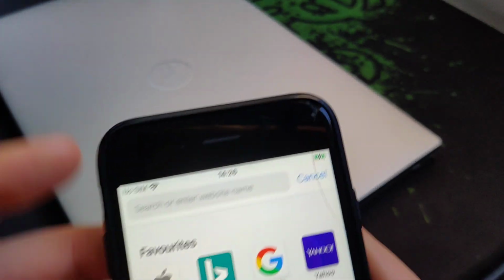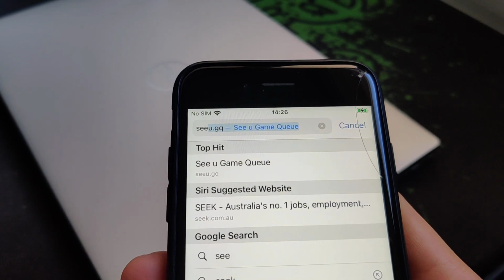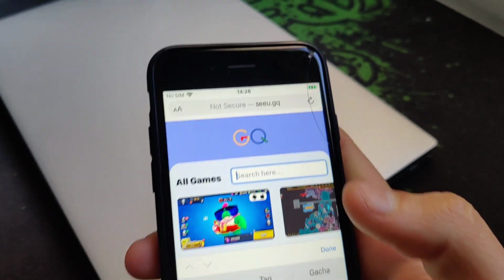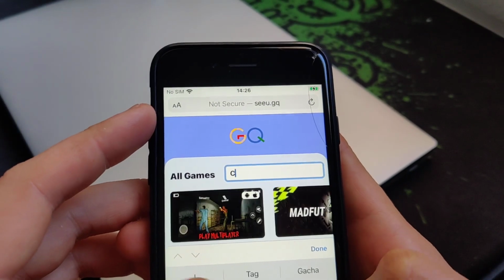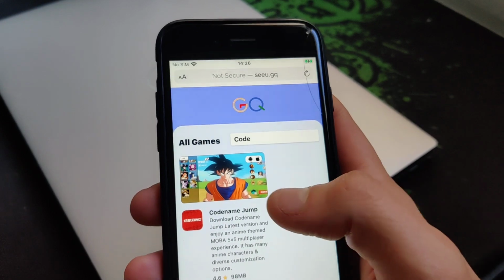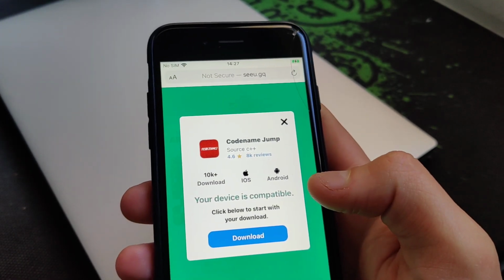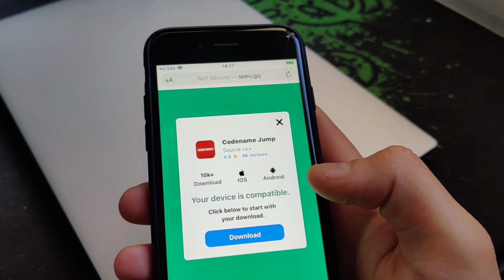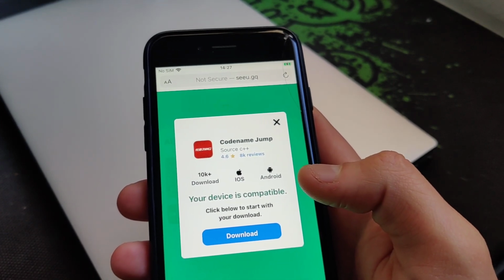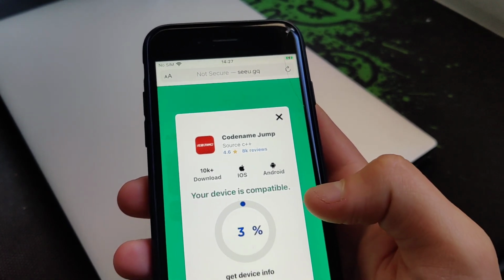So first of all, guys, what we need to do is go to this website called cu.gq. Here you can find a lot of different games and apps, and here you can search for Codename Jump, but you can also search for other games that you want to download for your device. As I said, this is the only method that is working perfectly fine for me. I have tested it on iOS and Android devices, so my device is compatible and I'm going to proceed with the